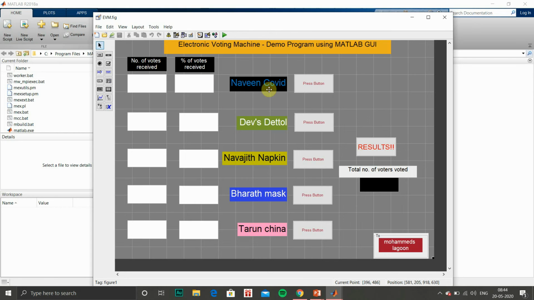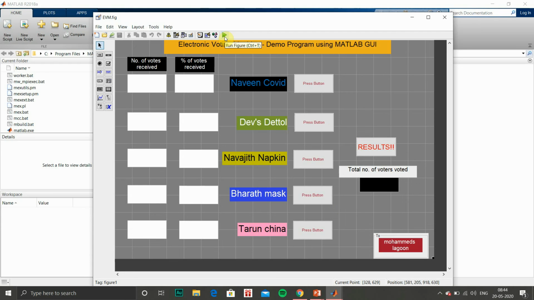And for number of votes received, if I press this button, Naveen Kovic should get 1 vote. Similarly the same thing follows for all the 5, and depending upon the number of votes and total number of votes, a formula is used to calculate the percentage of votes received per person. So this is our output.